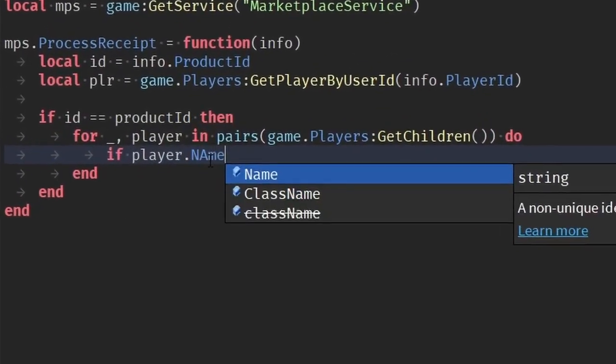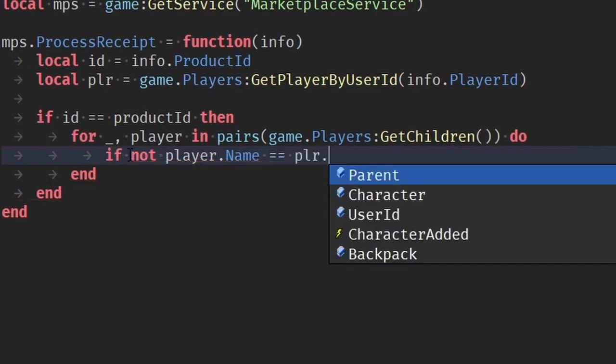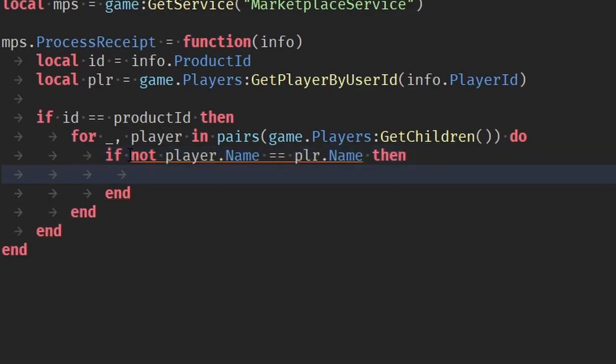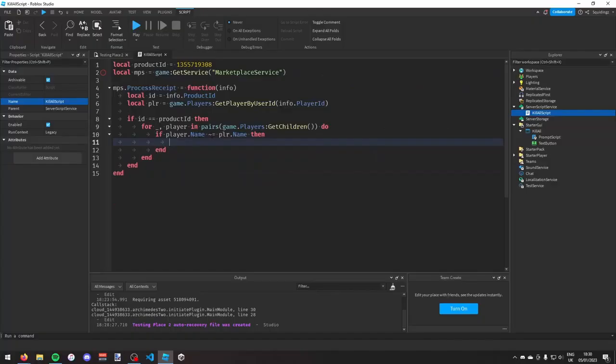So if player.Name is not equal to, so squiggly line and then the equal sign. But if you don't have this on your keyboard, what you can do is you can say if not player.Name is equal to plr.Name, then. So if not, this is exactly the same as just saying that, but you can use if not if you don't have this on your keyboard. And then, if the player.Name is not the player who bought it, then player.Character.Humanoid.Health